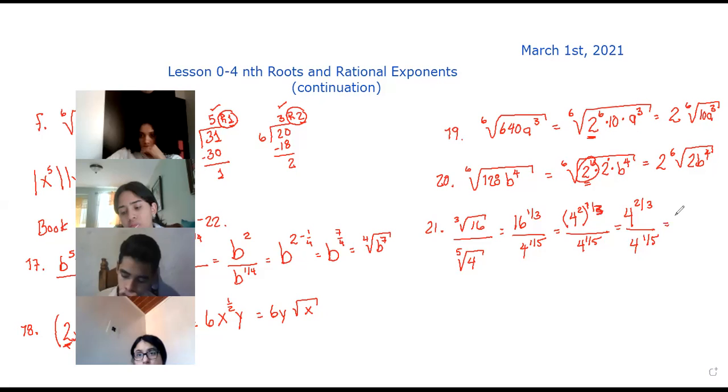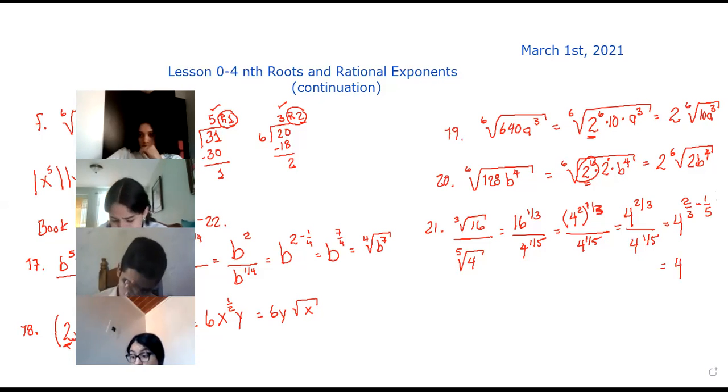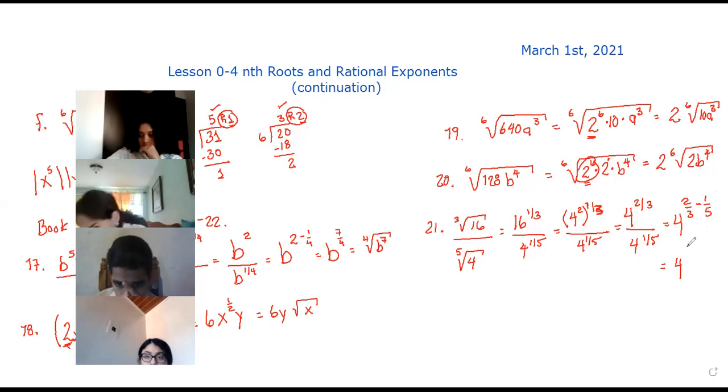They have the same base, so I copy the base and I subtract the exponents. Tell me, how much is 2/3 minus 1/5? 7 over 15. Okay, so that means that I can rewrite this as the 15th root